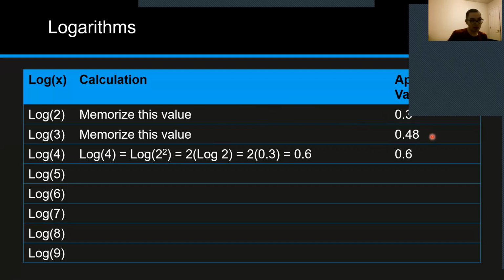For most questions on the MCAT, you could honestly get away with memorizing log of 3 as equal to 0.5. It'll make your calculations simpler. I had already memorized it as 0.48, so I continue to use this value. But you won't get the majority of questions wrong if you use 0.5 unless the answer choices are very, very close together, right? So here for log of 4,